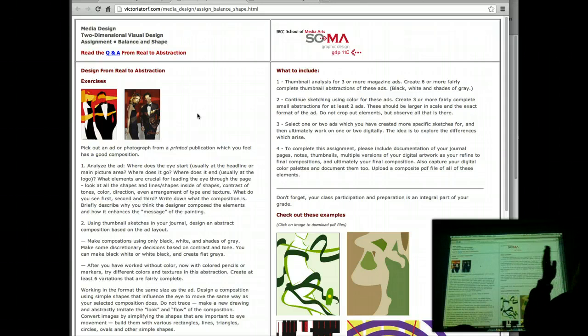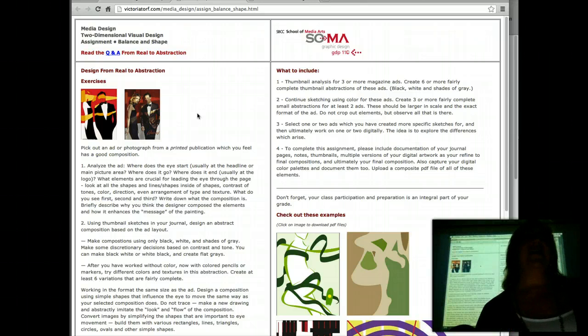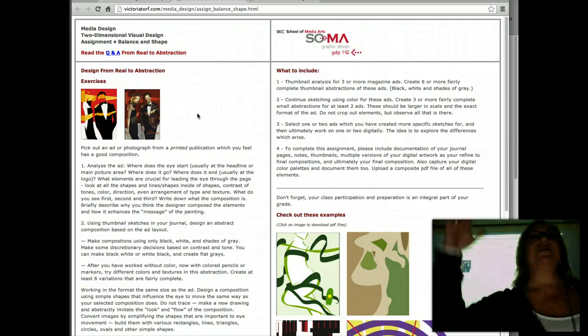Full page, printed, not on the internet, paper printed magazine publication ads. And you're going to have to get a physical magazine. And the size of this assignment is 100% the size of the magazine ad. So if your magazine ad is that big, that is how big your assignment will be when you execute it. And what you're supposed to do is look through different magazines. I want you to get a commercial ad because a commercial ad has been designed by a graphic designer. And I want you to look at the composition of the ad and the way the composition is created.